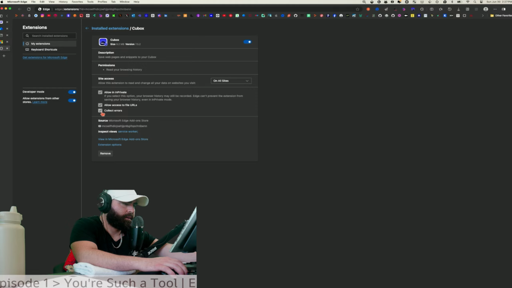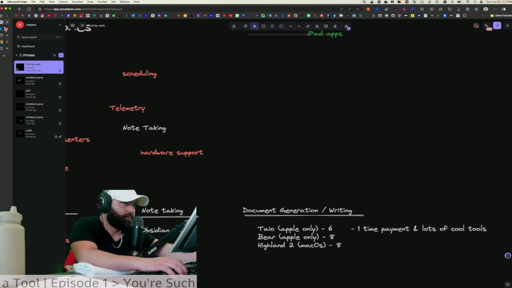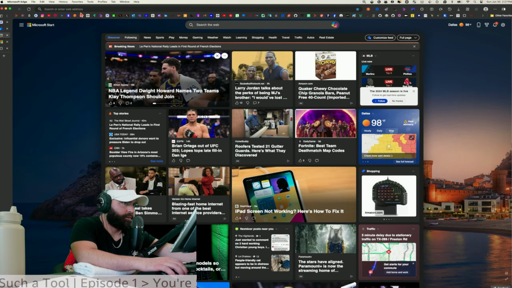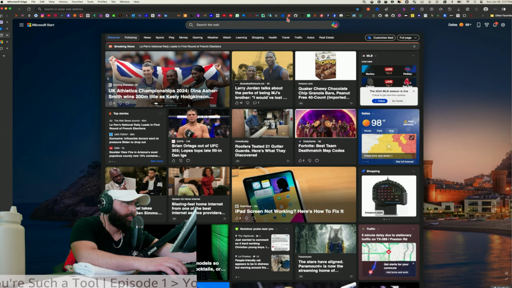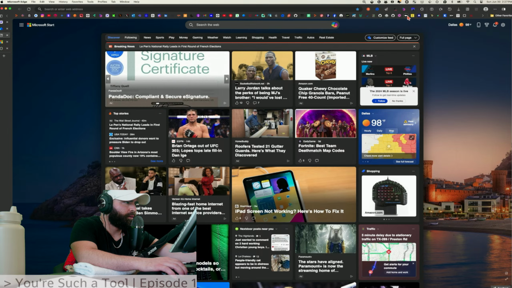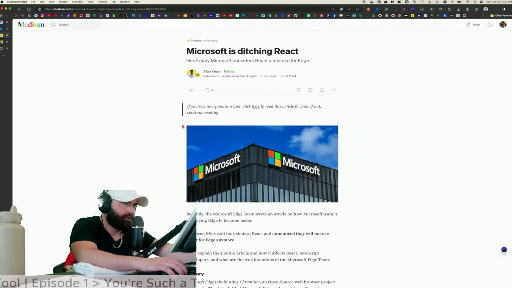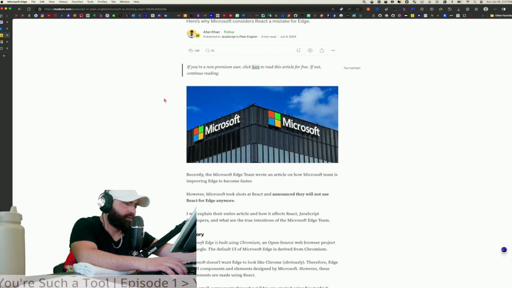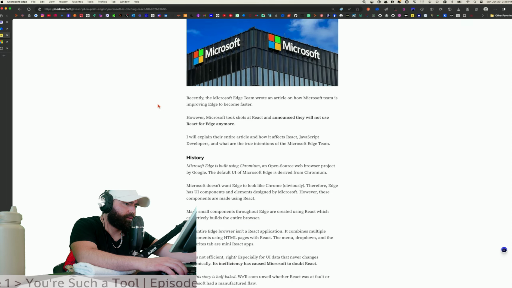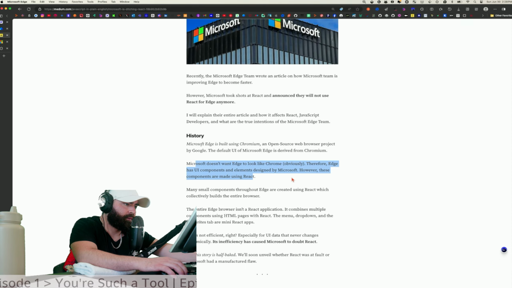Oh, is that why? Let's go to Medium. Microsoft is ditching React. Oh, what is this? What's going on? Well, hold on. Wait, I'm doing two things at once. Okay, there it is. Now it popped up.